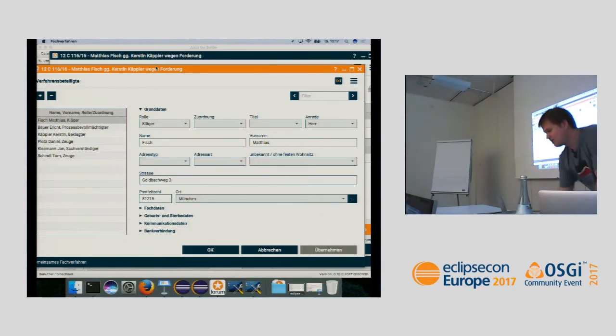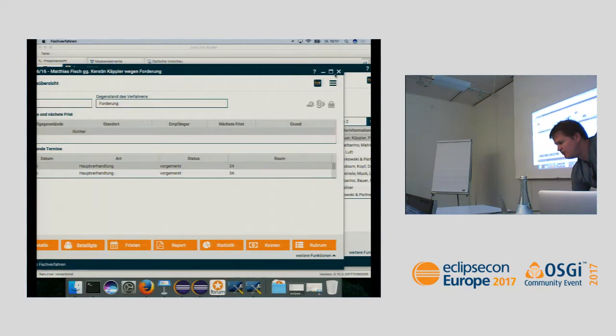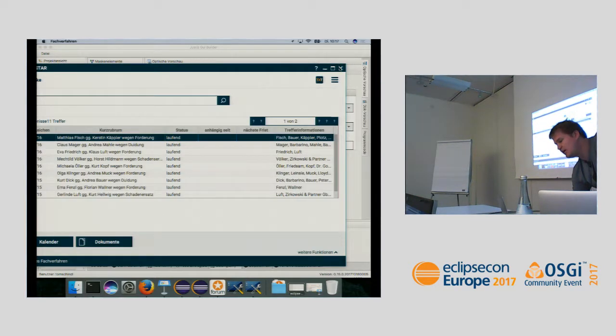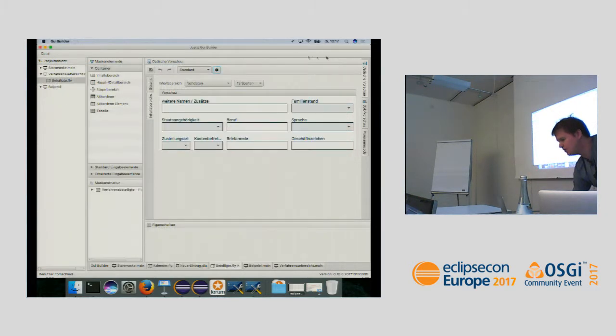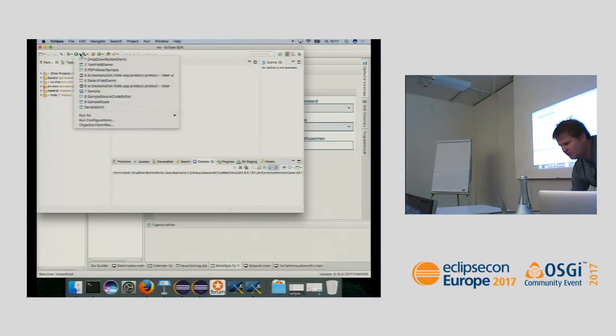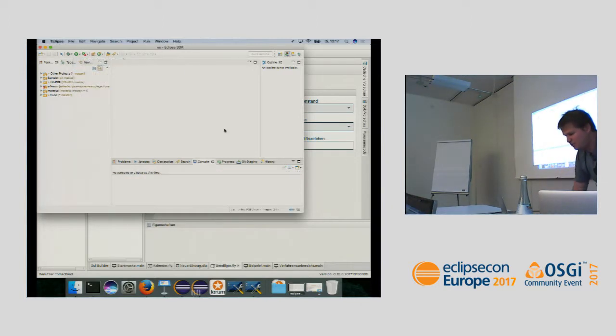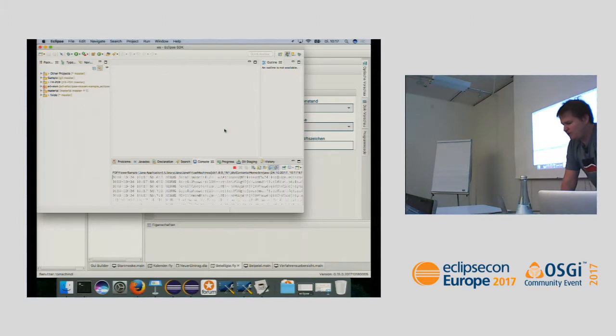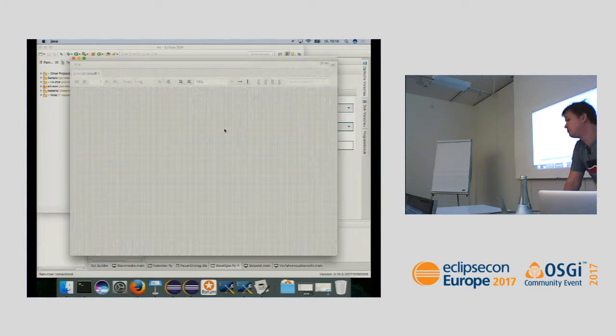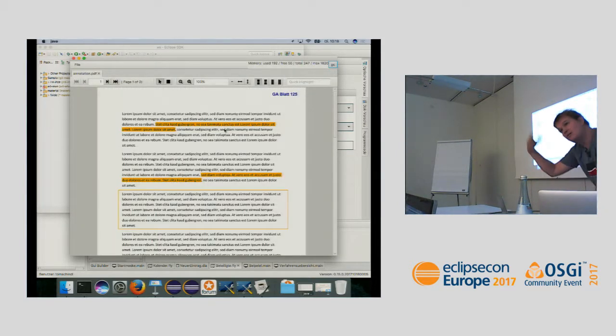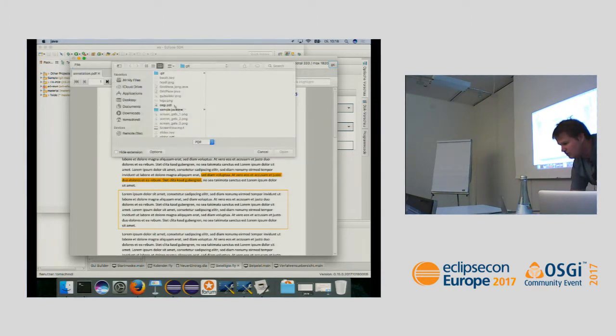So those guys are setting on JavaFX. This is something that we built with E4 on JavaFX. That's an Eclipse 4 application built on JavaFX, the real application and the GUI builder itself. Other things that we are developing with JavaFX, for example, a PDF viewer. In JavaFX, you cannot simply embed Acrobat Reader, for example. You need to have a PDF viewer, and we have now written our own PDF viewer that is able to